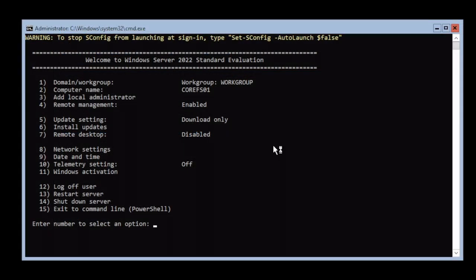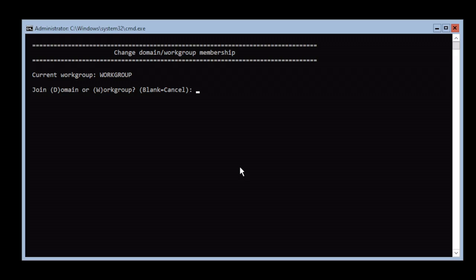Okay, so we are back now in FSO1, and we can see that it's core FSO1. We're going to see workgroup. We're going to choose number 1, and it's going to ask us to join a domain or workgroup. This is where we're going to hit D for domain and hit enter. Then we're going to have to add the name of the domain. So it was coread.local. So just enter coread.local in here,